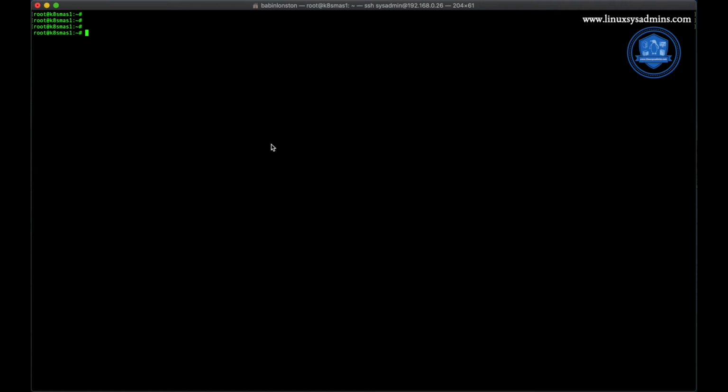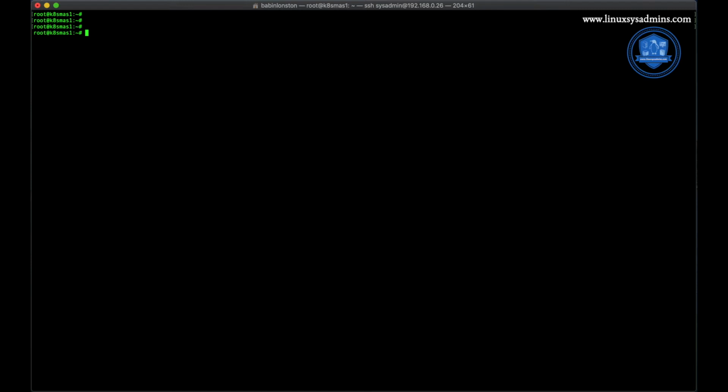So let us see how to save that in a file, how to roll out an update, how to undo the update, how to check the history, and how to check the version of the container which we are going to deploy. Like that, a few of the options we can go through in this guide.